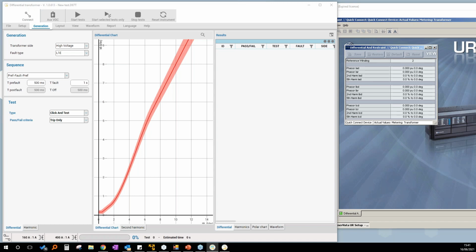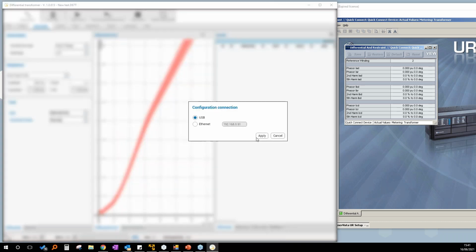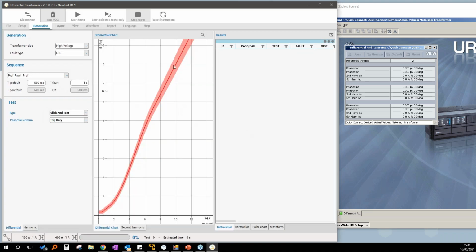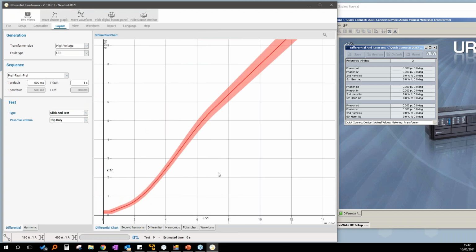Sorry, but my screen is full of windows. Okay, connect. Now, I want to generate a value. For example, let me increase the time here.